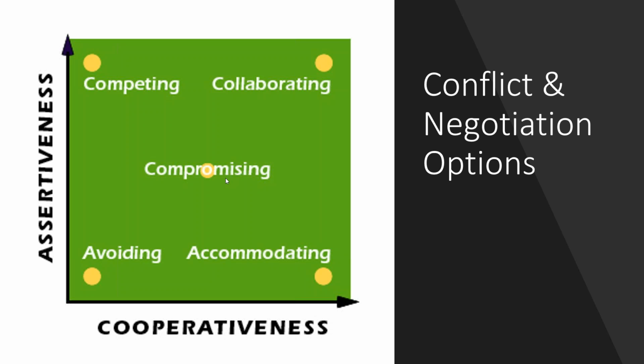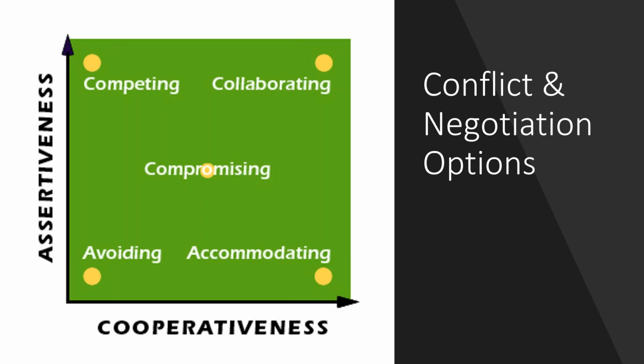Now, here's a little thought. Have a look at your collaboration score and have a look at your compromising score. Now, if your compromising score is relatively high and your collaboration score is relatively low, then there's a really good learning opportunity for you there, and that is this. Collaboration, by definition, is where both parties win. It's a win-win, but what happens is that you need to enter into an extended dialogue in order to come up with a new approach to dealing with the conflict that you're both happy with.